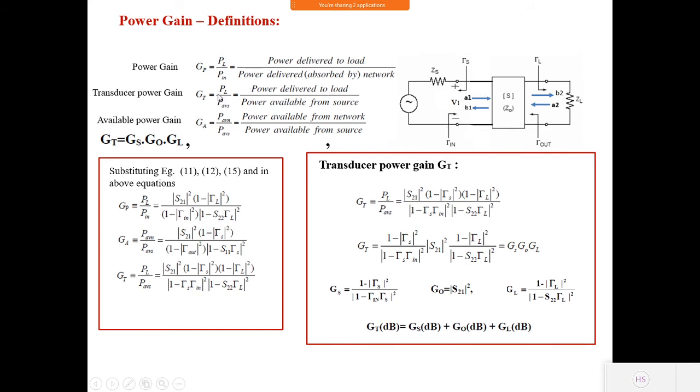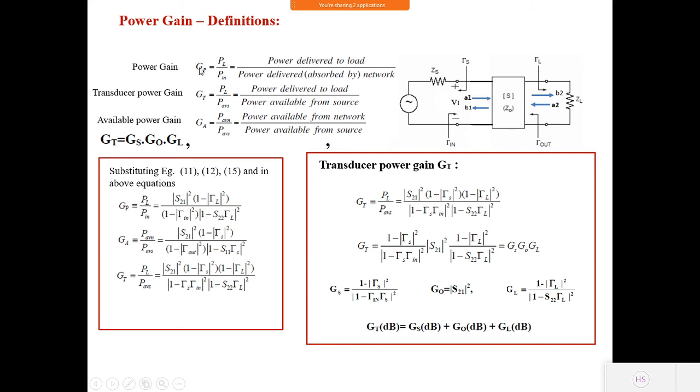Okay. So by taking the power, two types of input powers are there. One is PIN, actual power delivered without matched condition. Another is PAVS. PAVS means with matched condition, what is the input power that we got. Similarly, PL, what is the output power we got. What is the output power under matched condition, PAVN we got. Now using those, power gain will be defined.